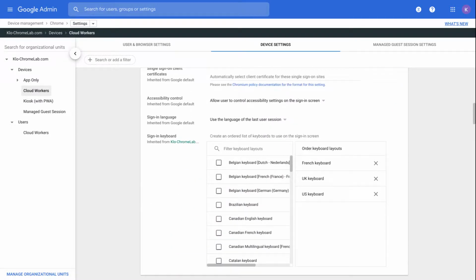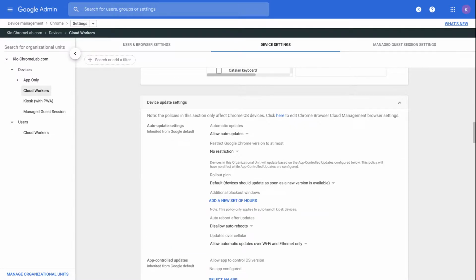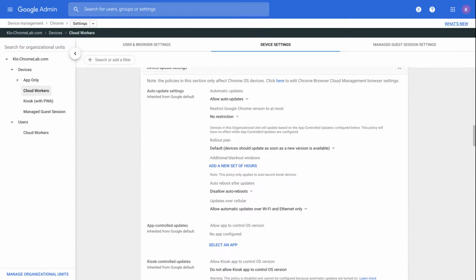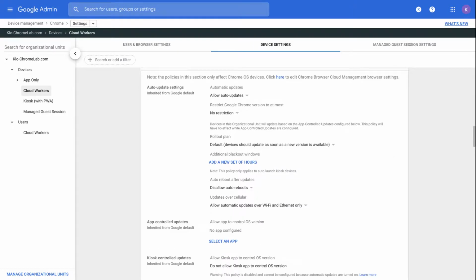Just after, we have the device update setting here. You can control from here how OS updates are managed and applied to the device. Allow or not auto update, change the release channel, or enable scheduled update if you want.